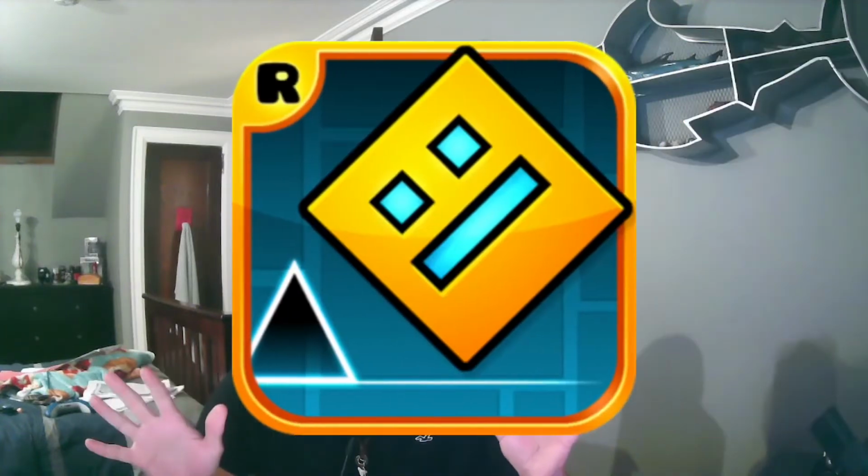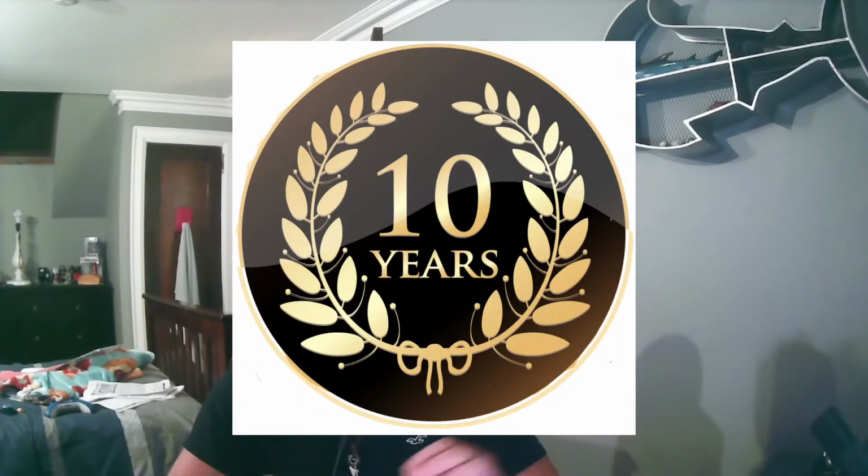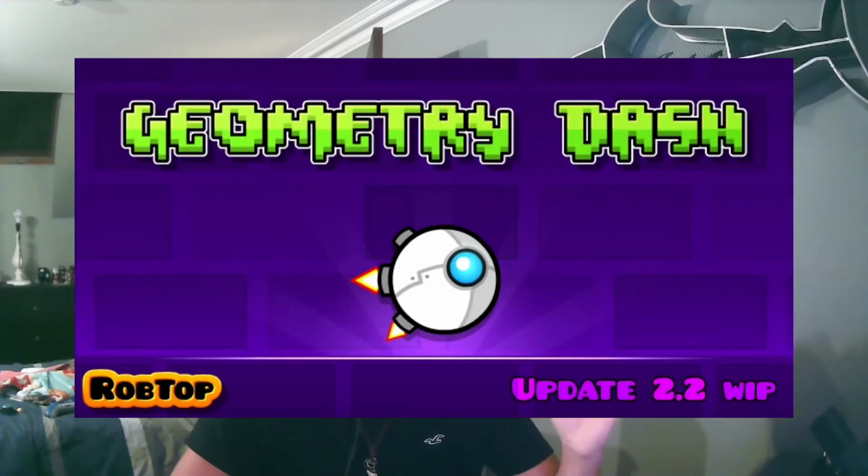Inside of Geometry Dash, there has been a plethora of features spanning the course of almost 10 years. These have come in the forms of updates, and today we are going to be going through every single update